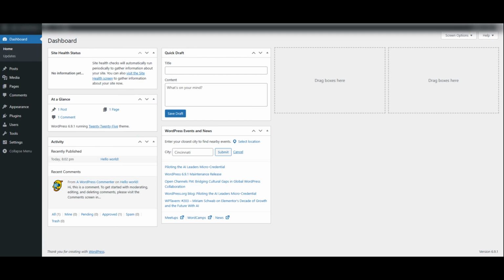First, log into your WordPress admin area. This is your WordPress dashboard, where you manage plugins, settings, media, and pages on your site. Once you're inside the dashboard, look at the menu on the left-hand side and hover over Plugins, then click on Add New. This will take you to the plugin installation screen where you can search for new plugins to add